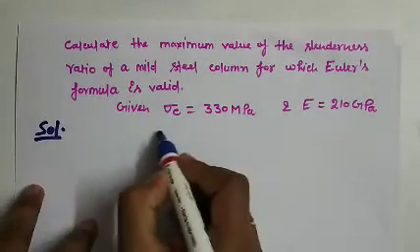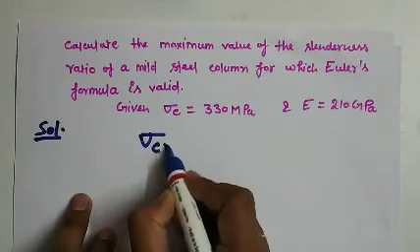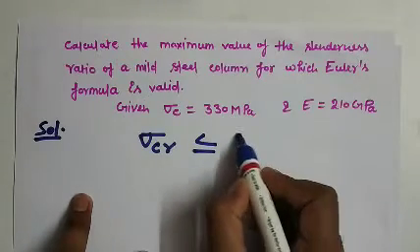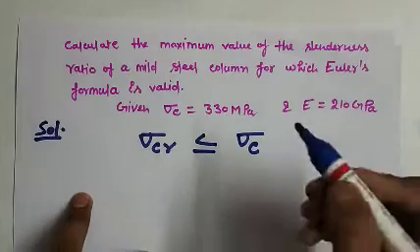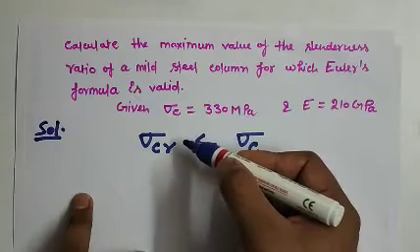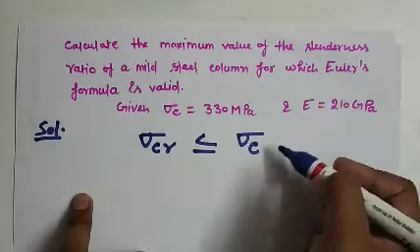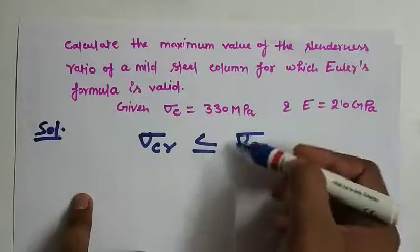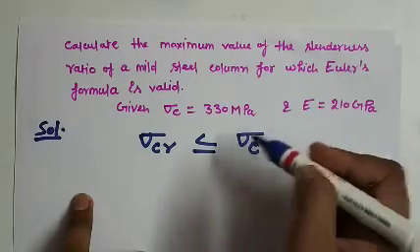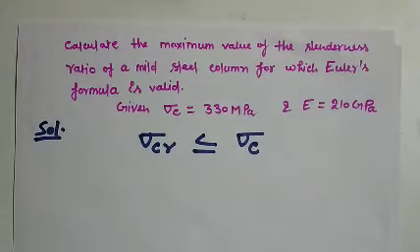given to us is, if the crippling stress or buckling stress is sigma CR, then sigma CR is less than or equal to the compressive yield stress sigma C, where sigma CR is equal to PCR upon A. So the crippling stress will be less than or equal to the crushing stress, the compressive yield stress. So now